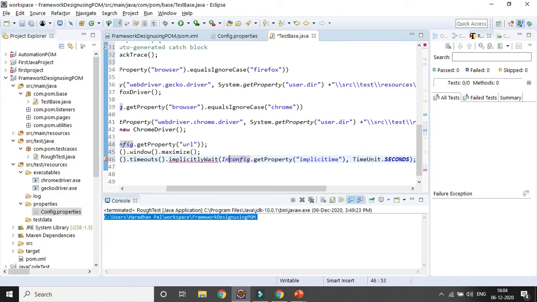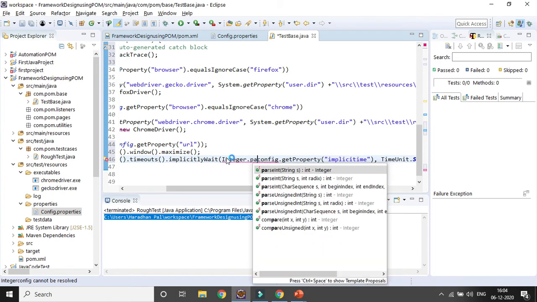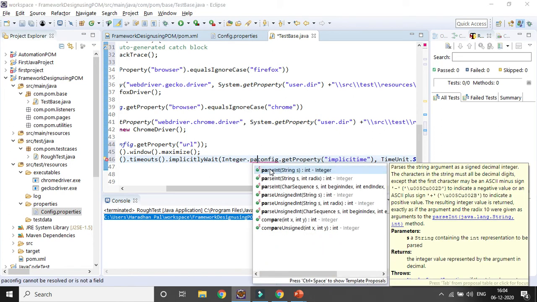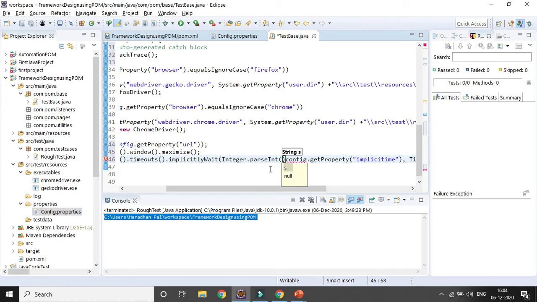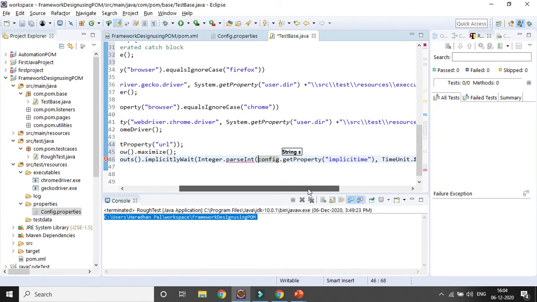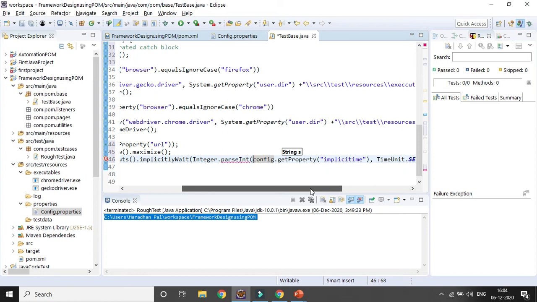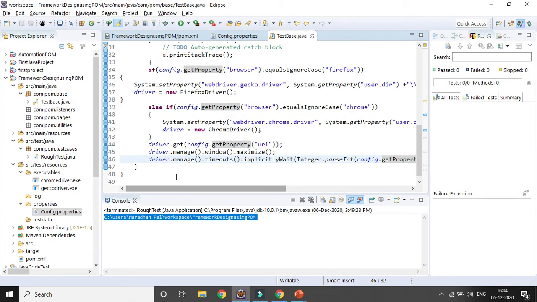So I will be using Integer dot parseInt, and it will be converted to integer. Then I will be using config dot get property, with implicit wait, and I need to end with another bracket. Now it will not throw any error. You can see no error message is there. So it is done.